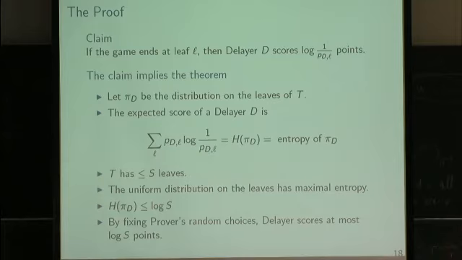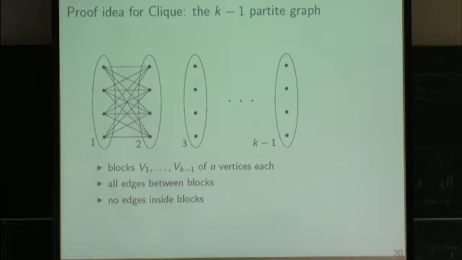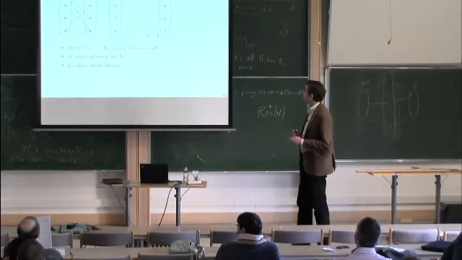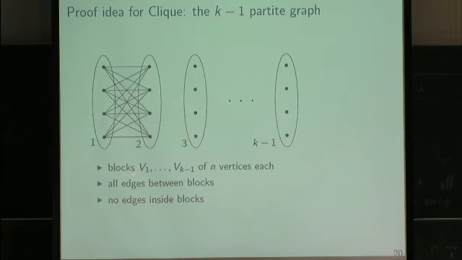Okay, so maybe I skip how you prove this claim, because I want to make some illustration of how you use the technique to actually prove lower bounds. I will not do it for the random graphs, but will consider a simpler case of a (k-1)-partite graph. So here you have k-1 blocks of n vertices each, and you have all edges between blocks as indicated here, but inside the blocks, you do not have any edges. So certainly this is a graph that doesn't have a k-clique, and we want to analyze the complexity of the clique formulas on these graph classes.